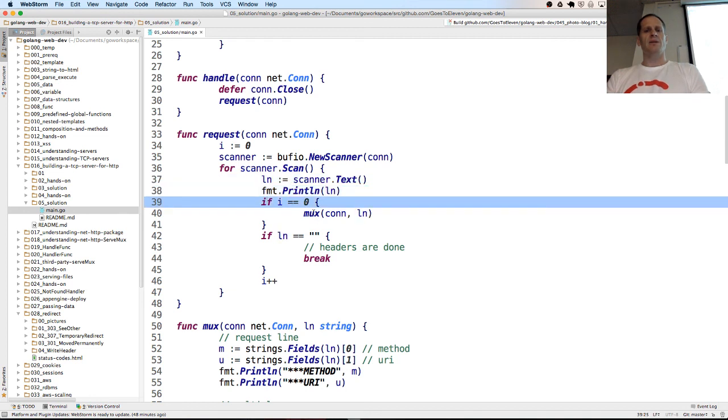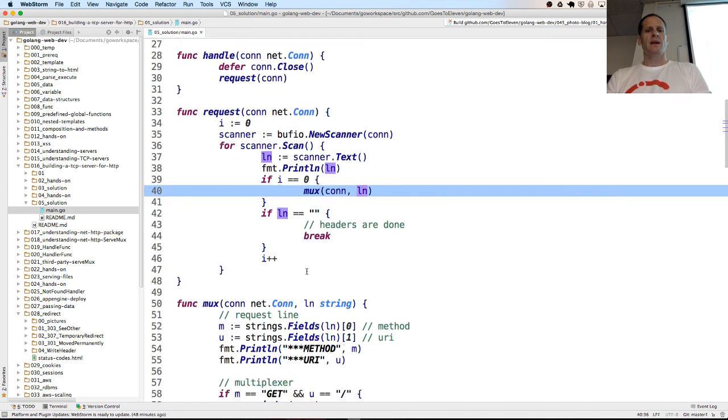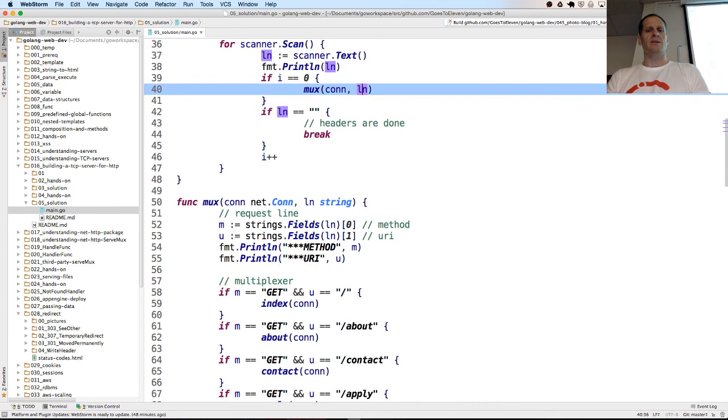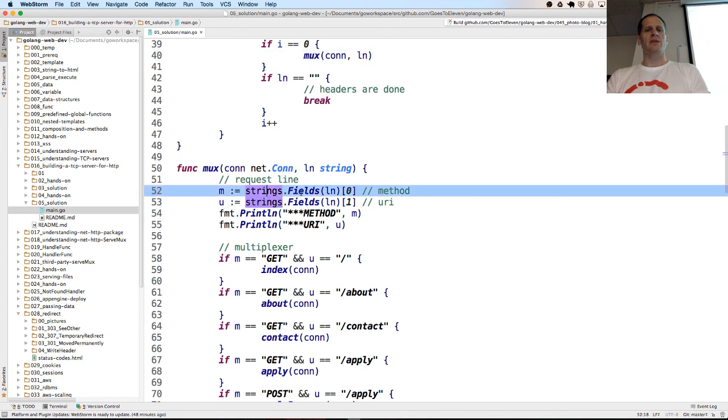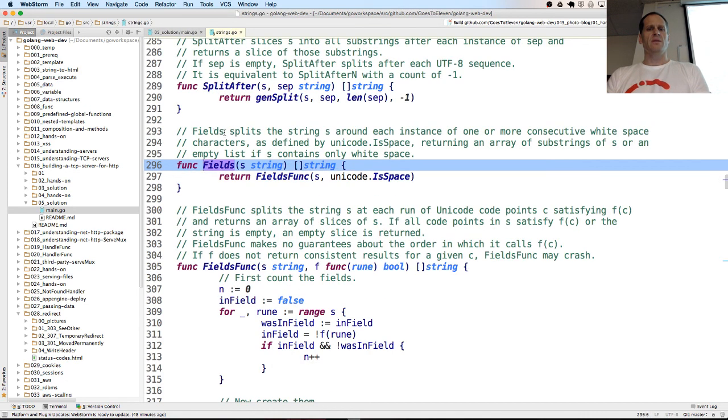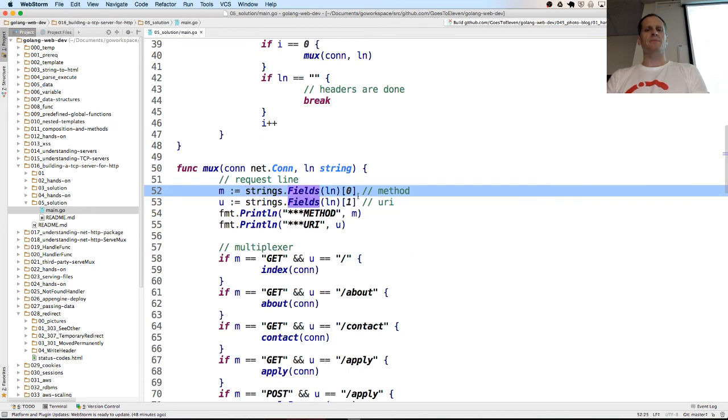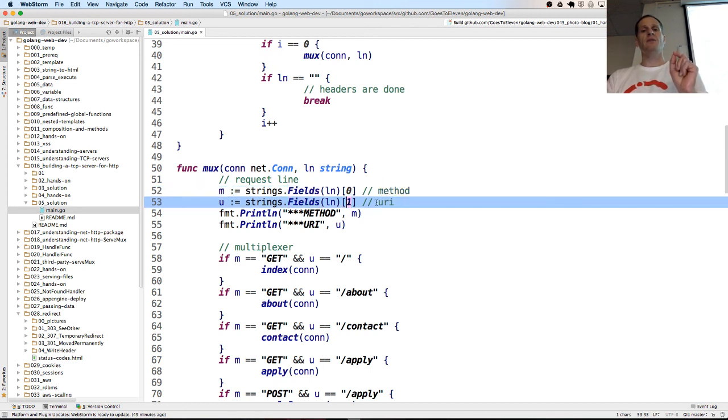And if i is equal to 0, we do mux connection ln. And with that mux connection, and we pass in our listener, we come down here, and then we take strings.Fields ln. So strings.Fields, let's see what that does. Fields splits the string s around each instance of one or more consecutive white space characters. So it split up that first line and turned it into a slice, and we said in index position 0, give us that, which is the method. In index position 1, give us that, which is the URI. And so then with that method and that URI,